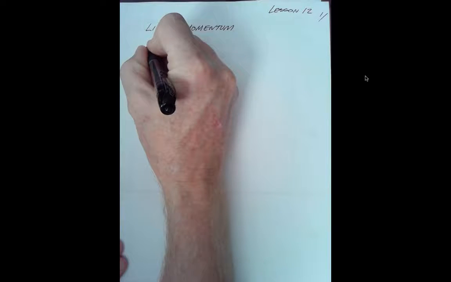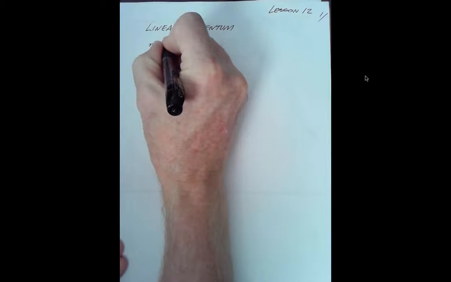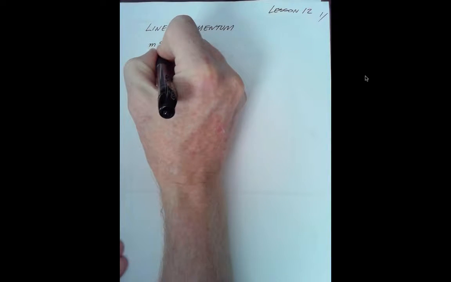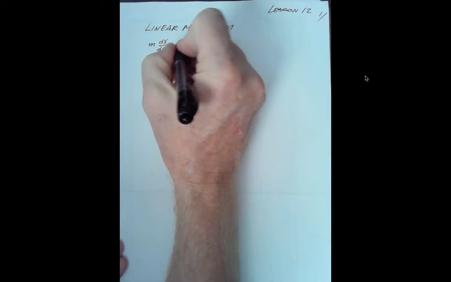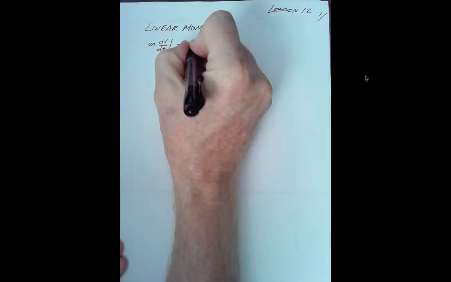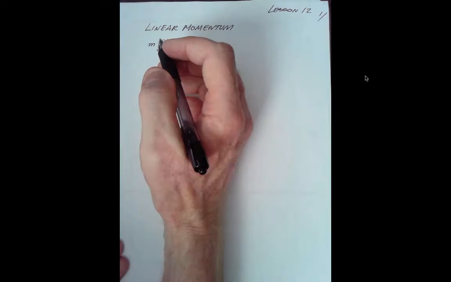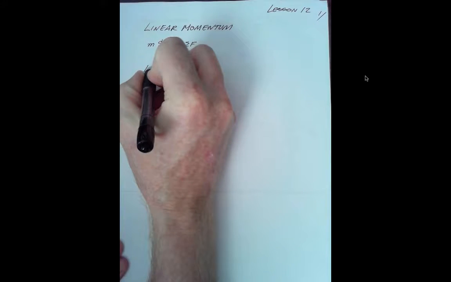For a system, conservation of linear momentum is mass times change in velocity with time, that's mass times acceleration, of the system is equal to the sum of the forces on the system. Linear momentum is going to relate forces to the change in velocity. And we use Reynolds transport theorem again to move between the system and the volumetric description. If we apply the Reynolds transport theorem,